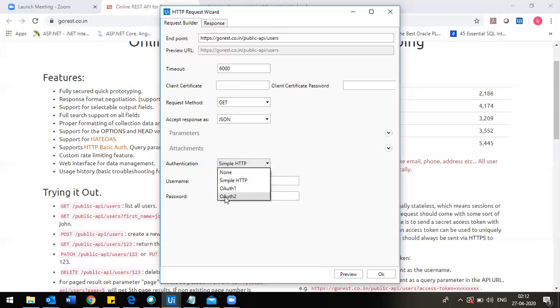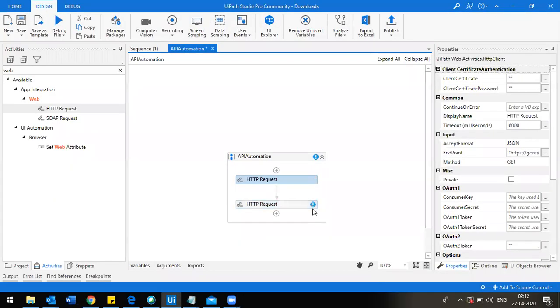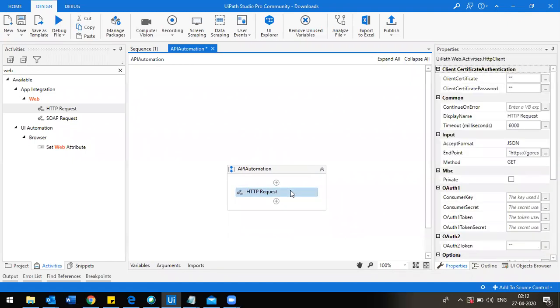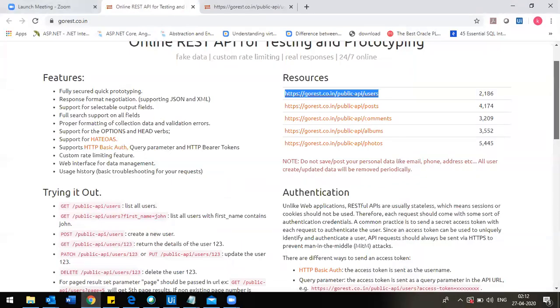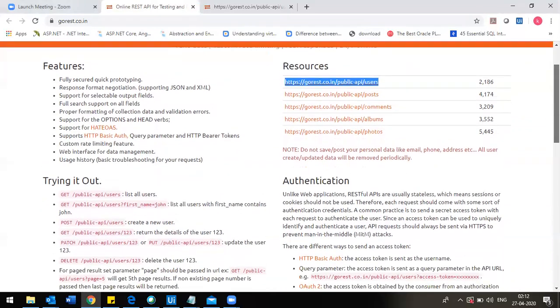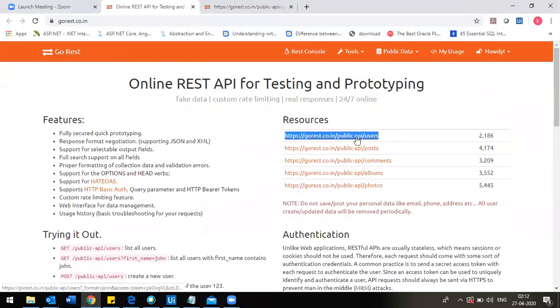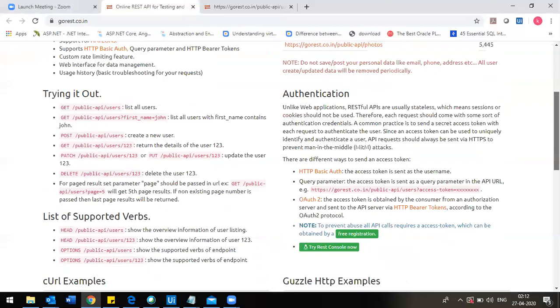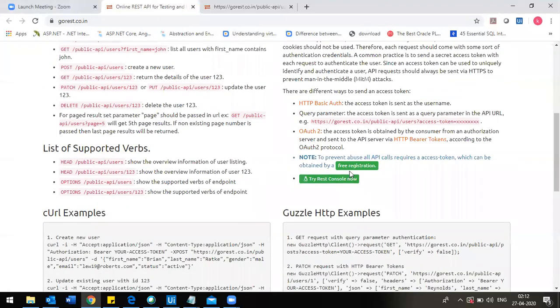So in this example I'm taking an OAuth token. I'm just deleting this, and this is my API, right? In order to get my bearer token, this platform is giving one here.